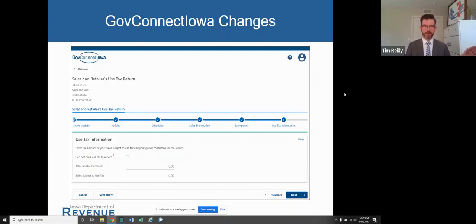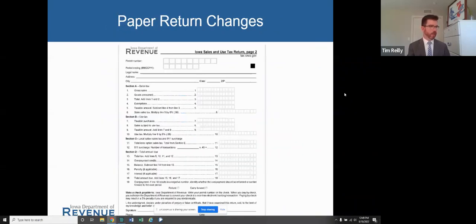And if they have no use tax to report, they simply click that box and then they can advance. If they do have use tax to report, they enter it here. So I'm trying to make sure that everybody understands that they do have to report something. They can't just default to 0 and click through that screen. If they are saying that they owe no use tax at all, they have to click that box to indicate as such.